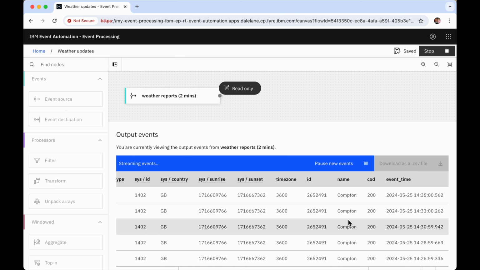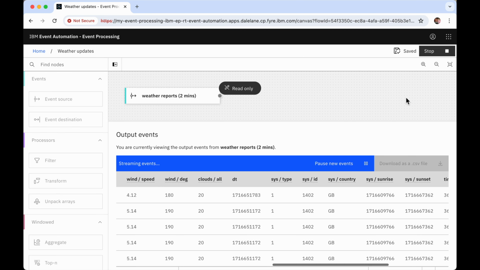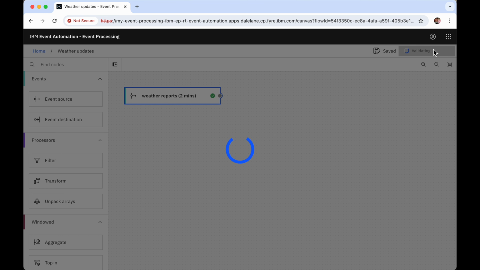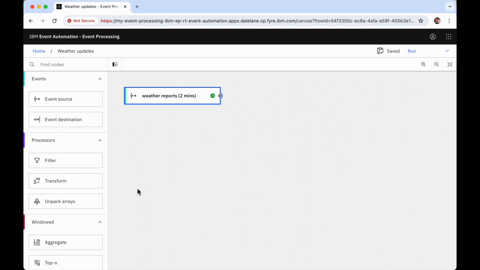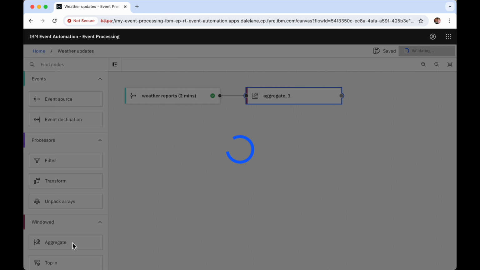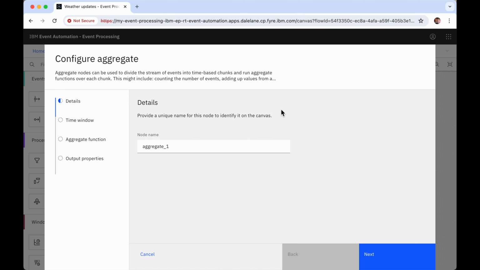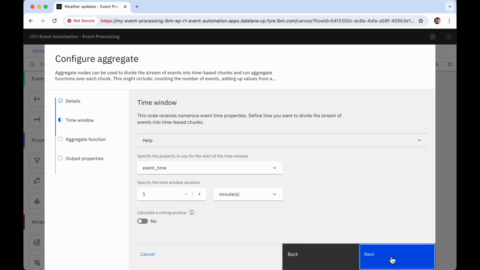The idea for this flow is that instead of looking at any one weather reading in isolation, it's more useful, it's easier to understand if you look at it in aggregate, if you look at what happens over longer periods of time. So the next step, I added this aggregate node, and I'm going to use this to create hourly aggregates of the weather readings. So I create a 1-hour window,